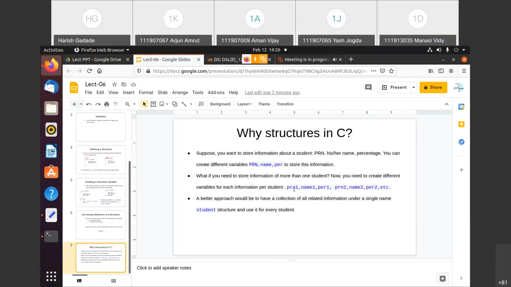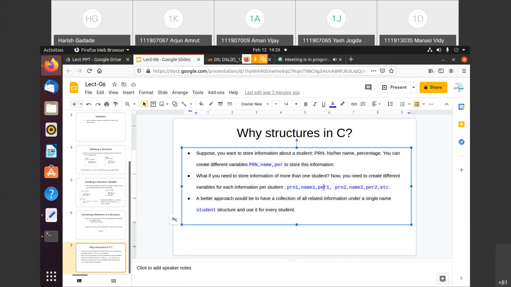You can say PRN1, name1, percent1, then PRN2, name2, percent2, then again PRN3, name3, percent3. So like this you need to create the variables. If the number of variables is small, then it is okay. But suppose you have 100 or 200 students, in that case it is very difficult to create that number of variables.